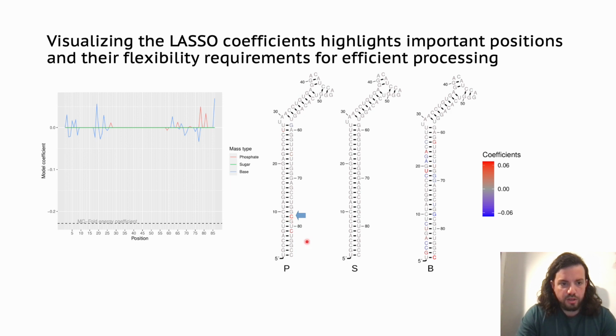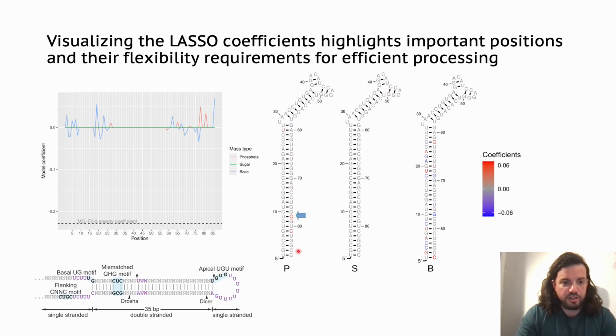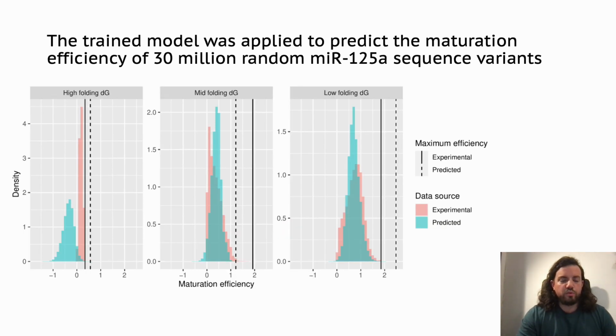C here, that actually corresponds to the mismatched GHG motif. So it's here in the graph. So being more flexible at this position is learned by the model as being favorable, and confirms what we already knew about this motif. So then what we can do with this model is predict the maturation efficiency of theoretical